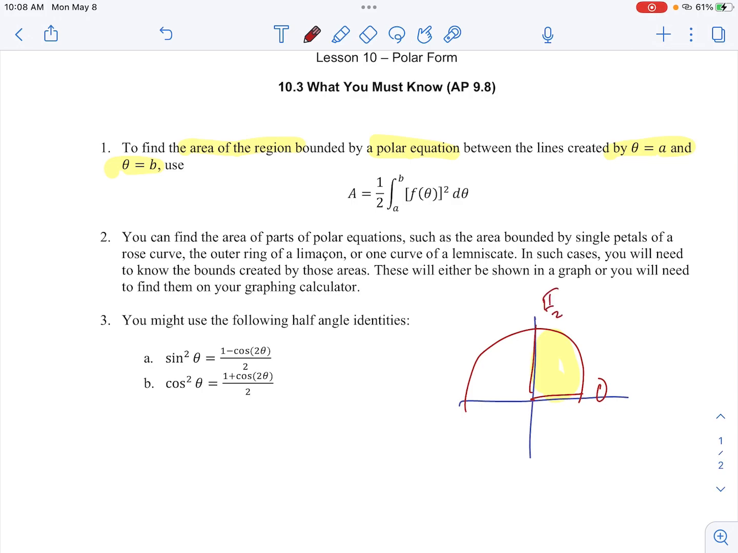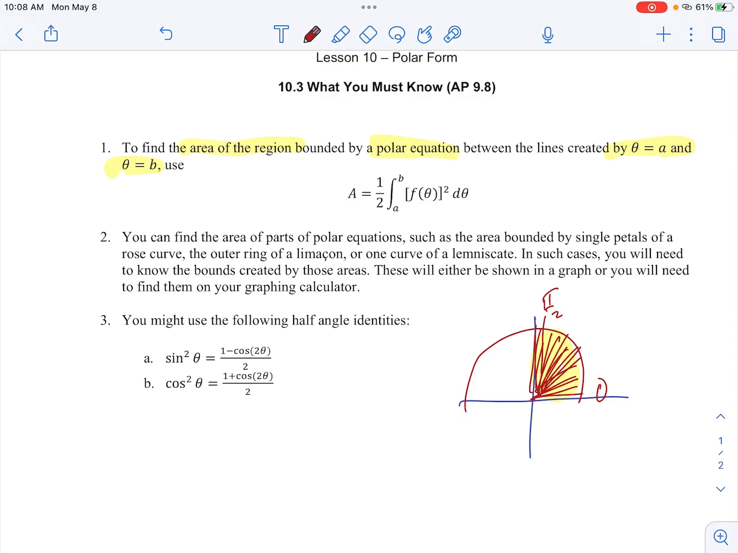Essentially you're integrating, which is finding an infinite number of slices from 0 to pi halves and finding the lengths of all those to find the area. It's sort of like pi r squared. So